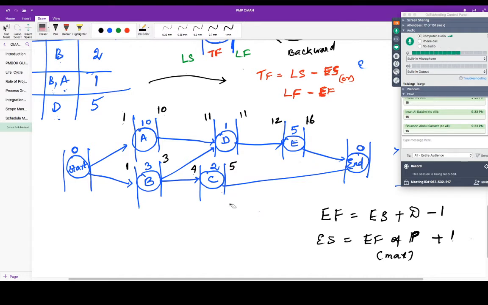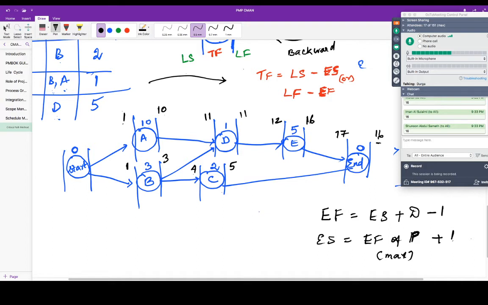Now go to the end milestone. It is zero duration. It may look very illogical to you. It's okay, it is just for calculation purposes. Now tell me, 16th, the end is the successor, correct? So actually this successor is not making any meaning here because it's just a milestone, it's not an activity. But still, let's use the formula. So 16 plus 1, 17. So 17 plus 0, 17. 17 minus 1, 16. Okay, so actually it is 16 only.